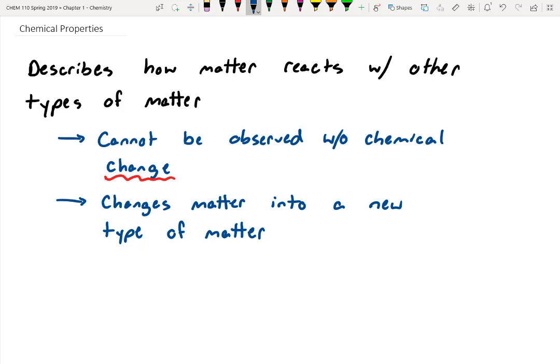Do you think that would be a physical change or a chemical change? Chemical change, because we're actually changing the type of matter from pure magnesium to a combo of magnesium and oxygen. So sometimes it can be a little bit tricky to tell the difference between those. But what I mean by new type of matter is new compound or molecule. And we'll talk more about what a compound or a molecule is, but the most generic term for a compound is it's a mishmash of two different elements or more than two different elements combined together, right?